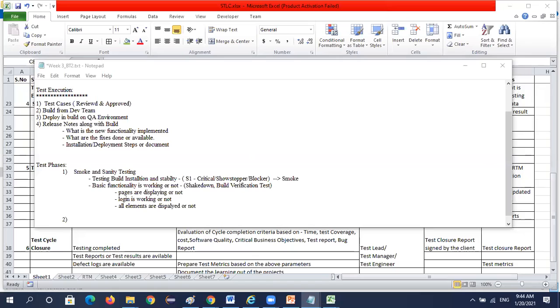So Mohan was asking to explain smoke test versus sanity test again. Mohan, the smoke test is basically to verify the basic functions, testing whether the application is stable or not. Whether the application is stable or not means, when we install an application, we enter the login details, we navigate each and every page. We enter Amazon.in, we click on the